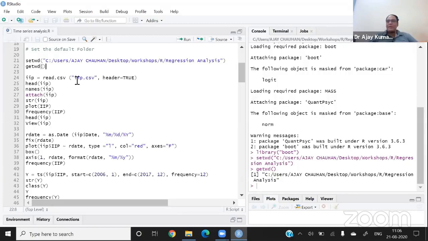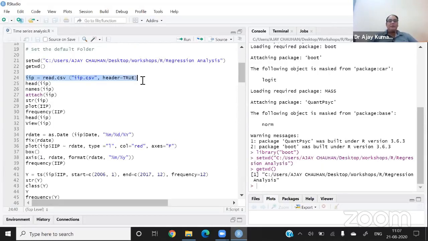Now I'm going to open a file. This is a time series data set, and we are going to apply some of the basic functions on this time series data set. So let me show you the data set first. In this case, IIP is the name I'm using for the data set, and read.csv, you know, is the read command by which we import the data set, and iip.csv is the file which I want to import, and header equal to TRUE means whatever is written in the first row is considered as the name of the variable.